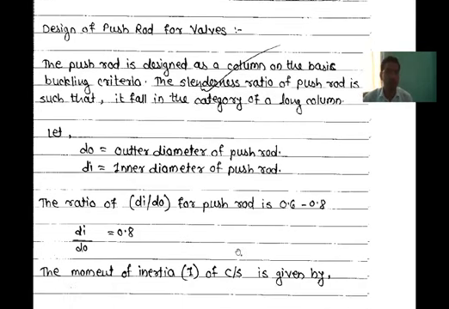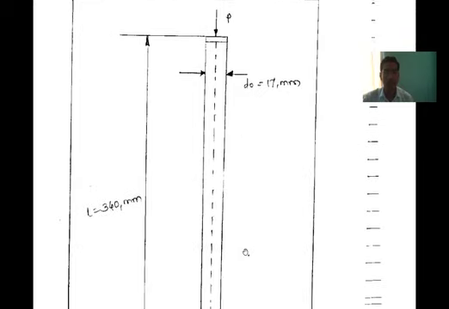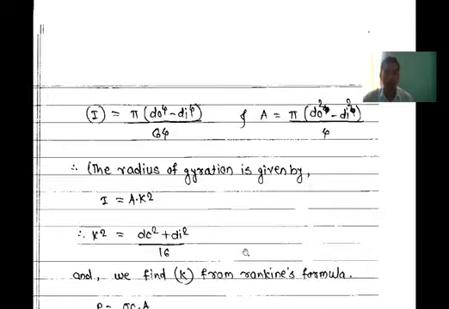The moment of inertia I of the cross section is given by the formula I is equal to pi into DO raised to 4 minus DI raised to 4, divided by 64, and the area is equal to pi into bracket DO square minus DI square by 4. So the radius of gyration is given by